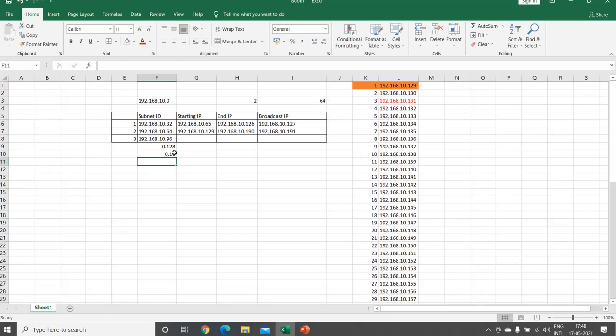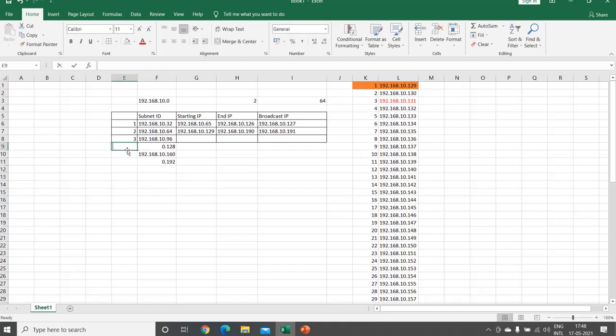The system is not accepting 160 here. 160 plus 32 is 192, right?